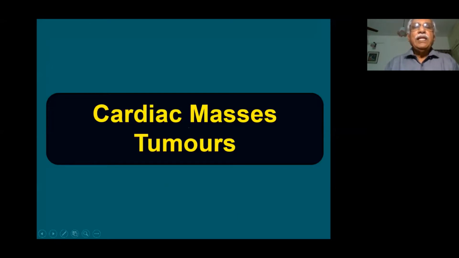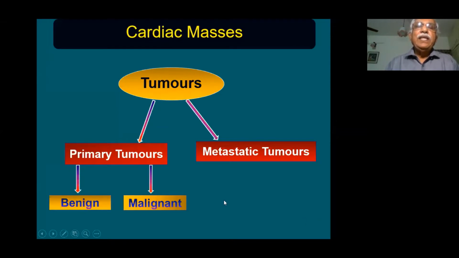First, we will take up cardiac tumors, which is the most important one. Cardiac tumors are very rare. They are present in about 0.1% of the cases which we see. The commonest type of cardiac tumor is the metastatic tumor. So the secondary occurring inside the heart is the most common cardiac tumor. Primaries actually are rare. The primary cardiac tumors can again be divided into benign and malignant.